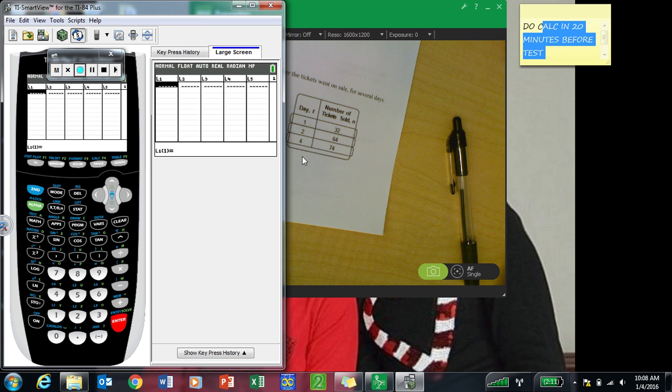So my x values are 1, 2, and 4. And my y values are 32, 64, and 74. So now that all the data is in there, I'm going to go to calculate, but not